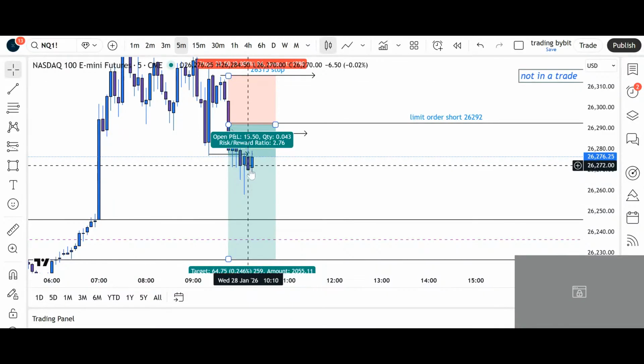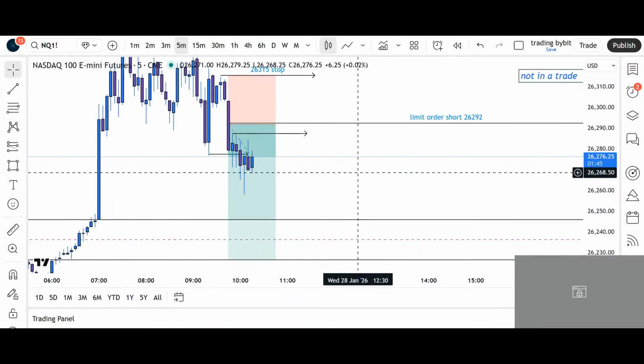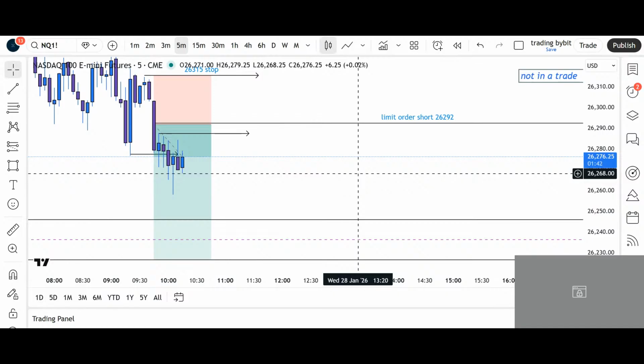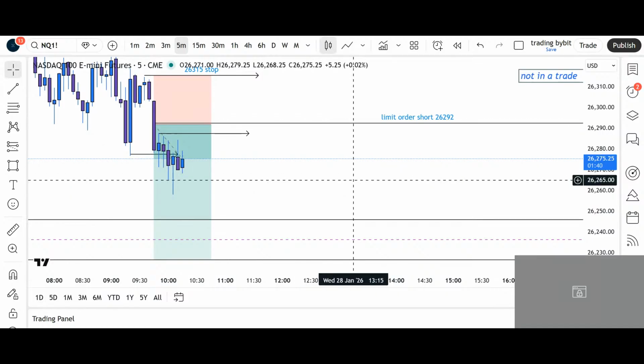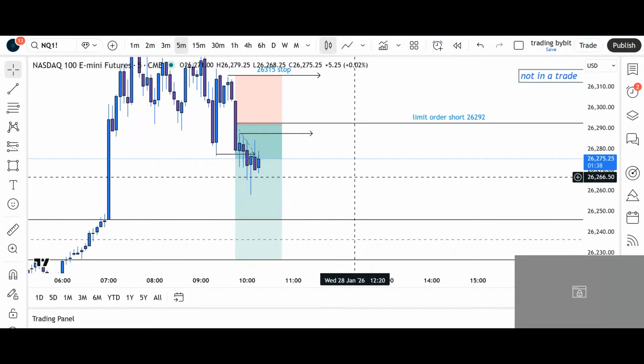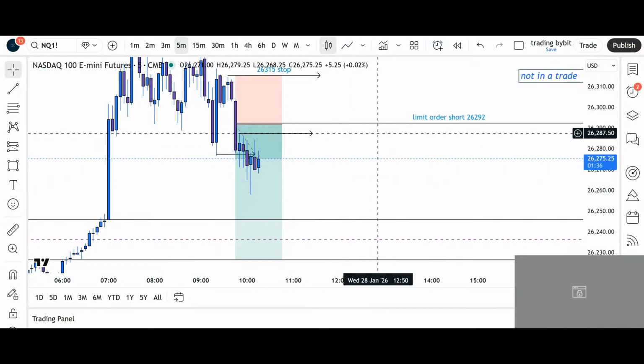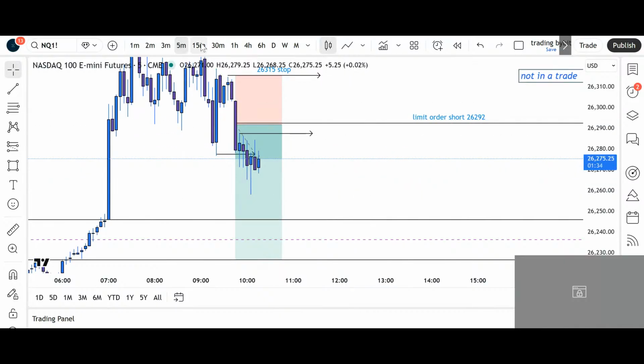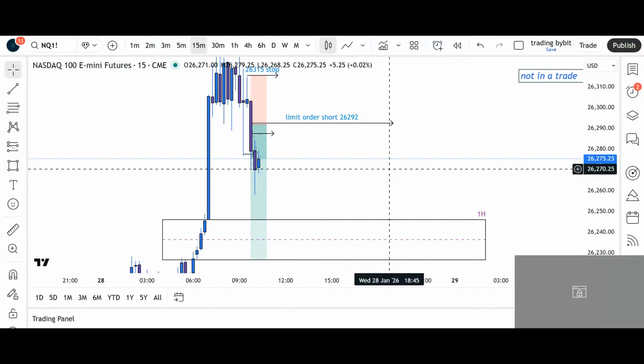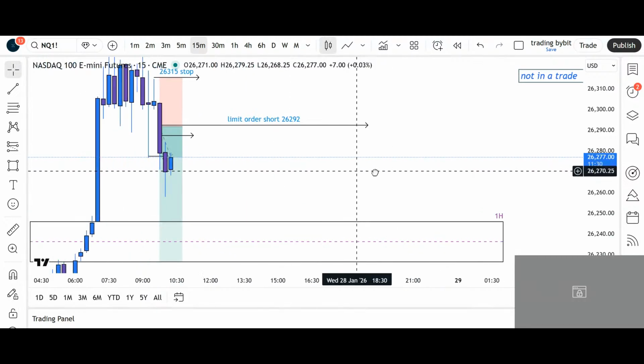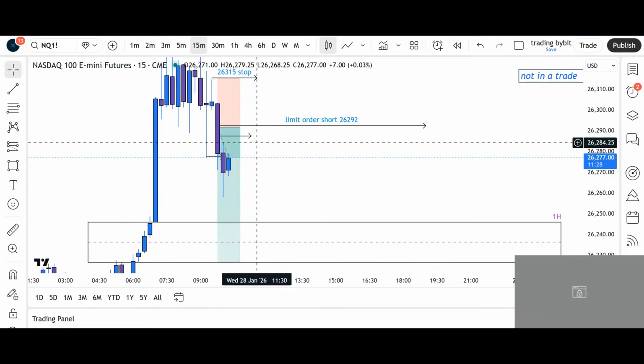It would be lovely to see if it hits that entry now in the next minute and then immediately flush back down. If we don't get that tap, like I said before, I'm not entering anything. I do want to have that entry on that level, just because we have a great R collected then.